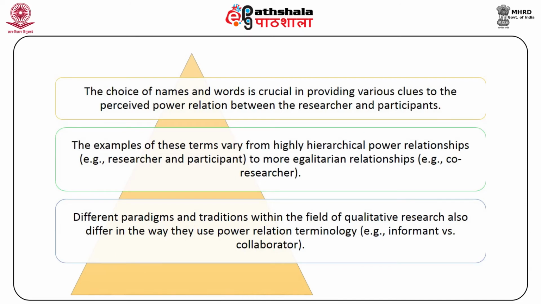The choice of names and words is crucial in providing various clues to the perceived power relation between the researcher and participants. The language used to label research roles varies according to the discipline and type of research, and it can range from expressing equal partnership among them to symbolizing a distinct expert-subject relationship. The examples of these terms vary from highly hierarchical power relationships, for example, researcher and participant, to more egalitarian relationships, for example,